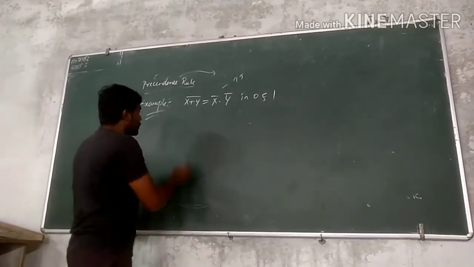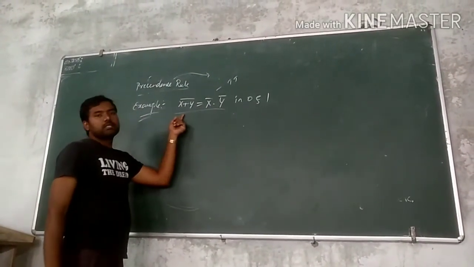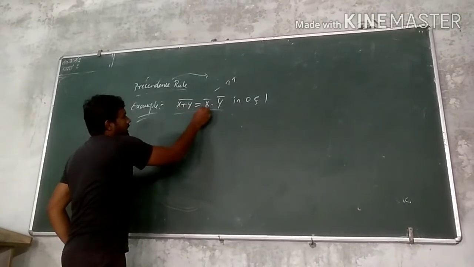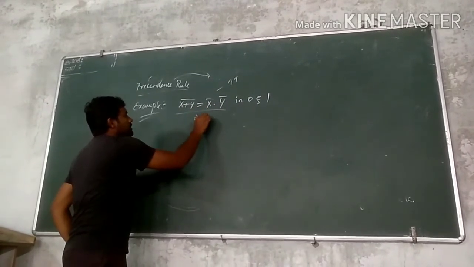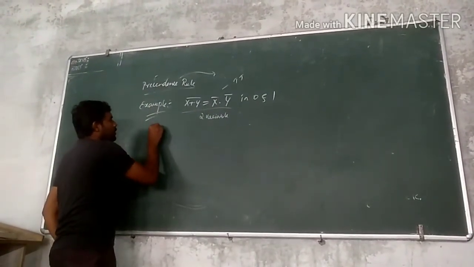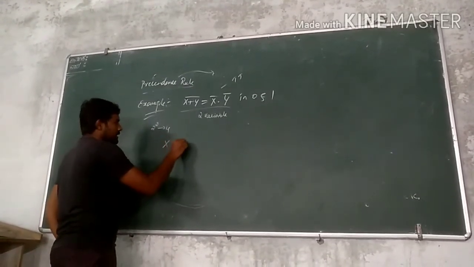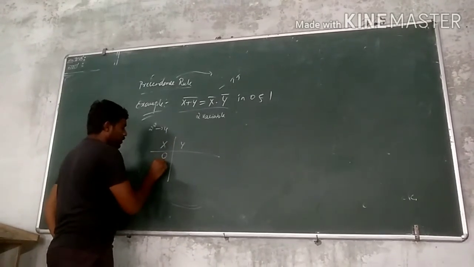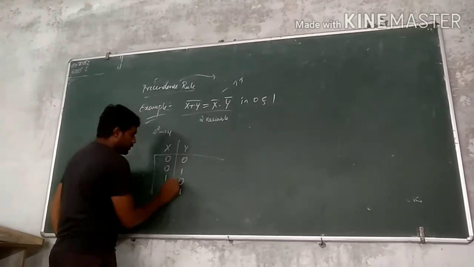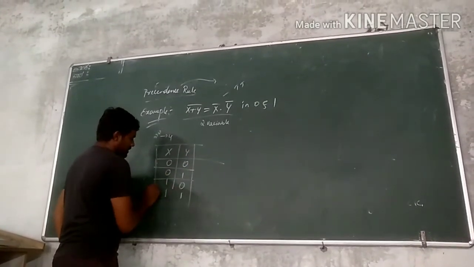As per this truth table, before going to solve it, first find out how many variables are there in the given equation. How many variables? We have x, y, x, y. So it means only two variables we have here. That is 2 to the power of 2, that is 4. So you should write x, y as 0 0, 0 1, 1 0, 1 1. This is the way to generate a table with respect to your expression.